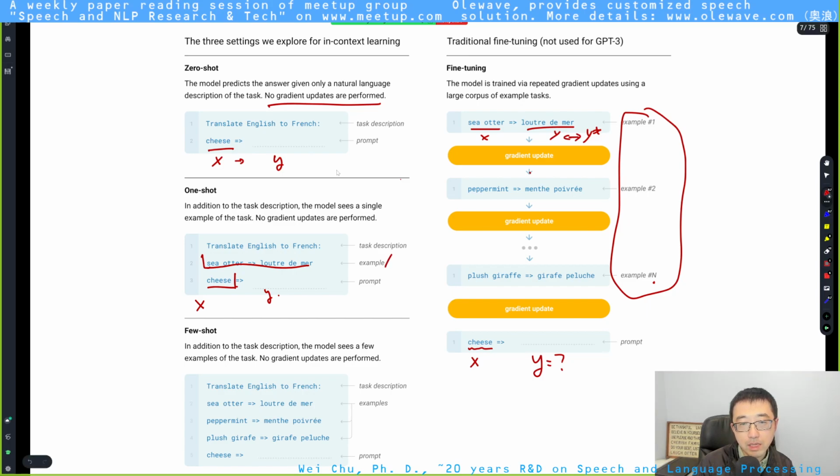Sometimes we also call the example a prompt. I'm sorry, maybe it should not be called a prompt, it might be something else. I'm a little bit confused here. I think you may call this a hint or a prompt, it's a type of prompt.